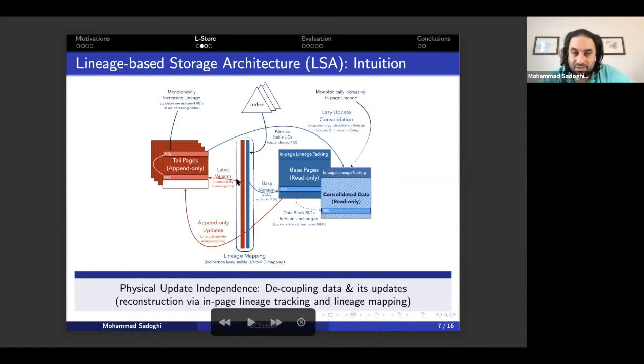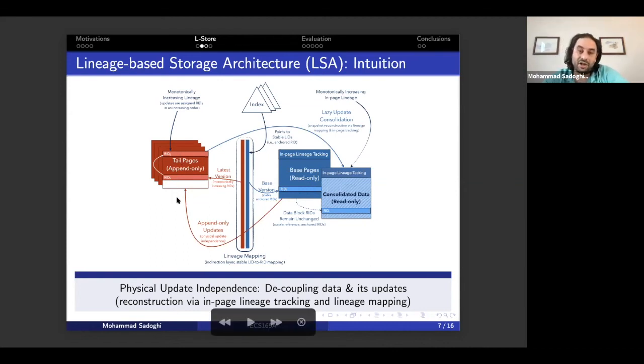So from there, I can come to the last tail page that maintains the latest update for this record. If every column of that record was updated, they're all going to be in this record, so I can just read the latest version. But it might be possible that only one column of the record was updated. So the tail page will only have the columns that were updated. The other 3 columns that were never updated will remain in base pages only. So I need to read